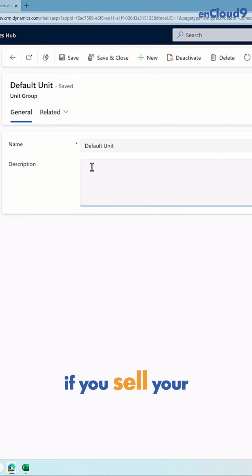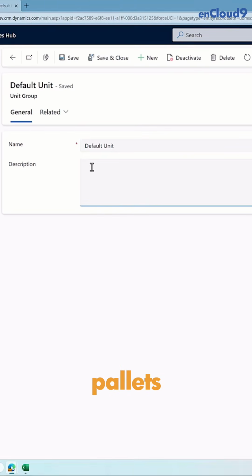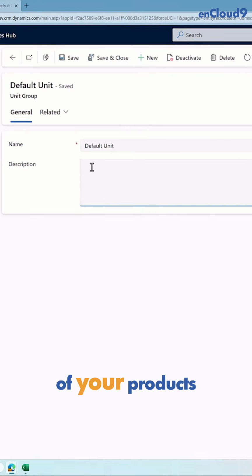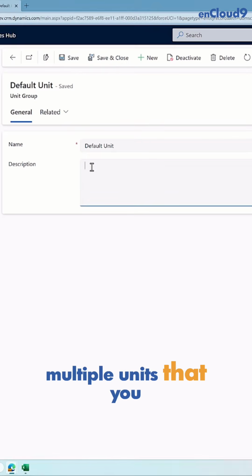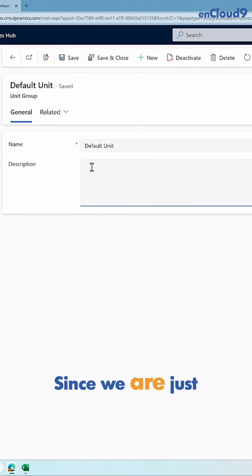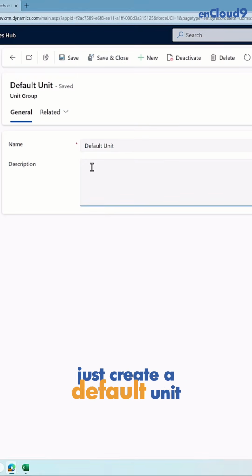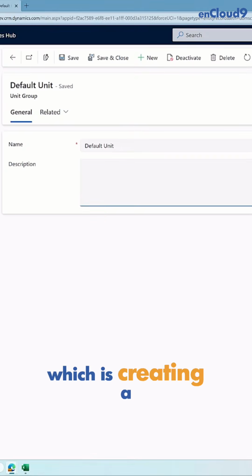Now, if you sell your products in multiple ways, for example, cases, pallets, individual units, feet, quarts, gallons, liters, you would possibly need to create different default units for each one of your products. You'd have to create multiple units that you sell your products in. Since we are just selling everything by ones, we are going to just create a default unit. And so once we've set this up, we're ready to move to the next step, which is creating a price